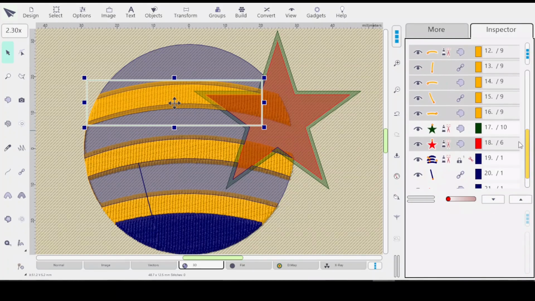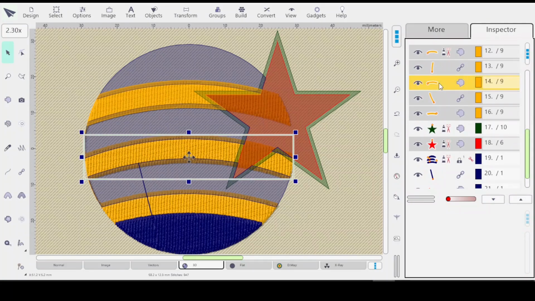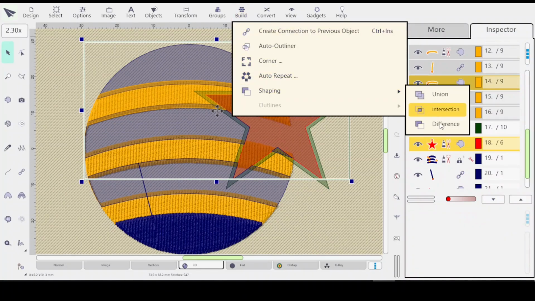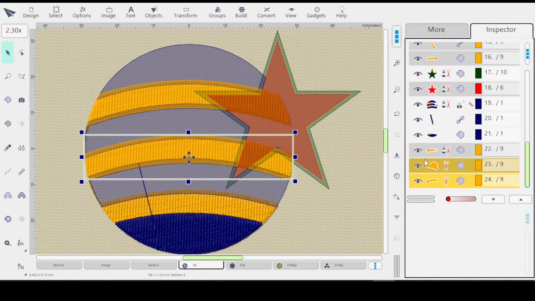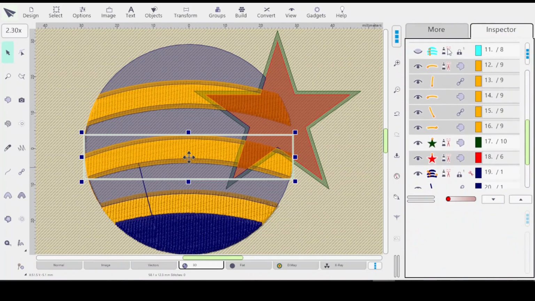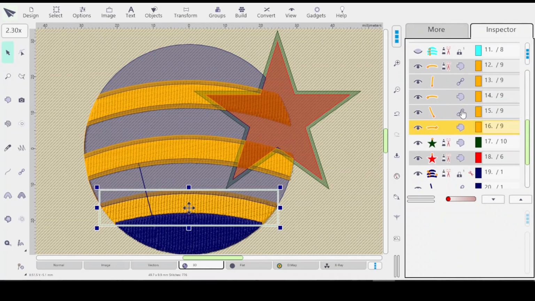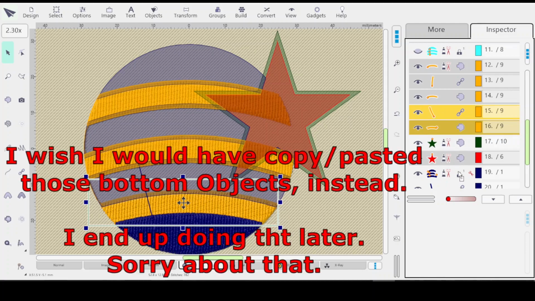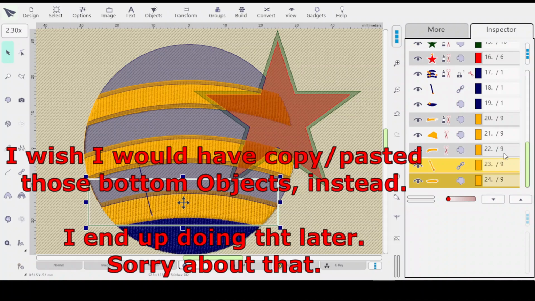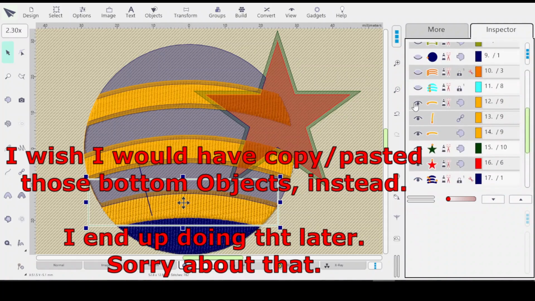And we just have one more. This one, hold Control, build shaping difference. We got 2 of them, this one and this one. And so we're done with these oranges, but we have to bring the second orange down. So drag it down, insert after,